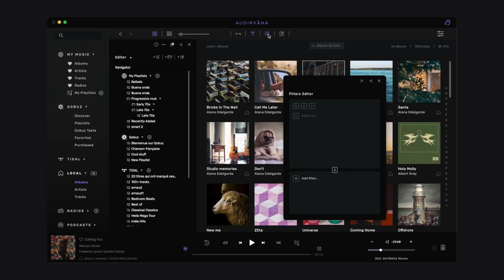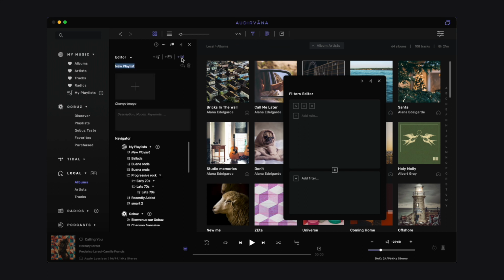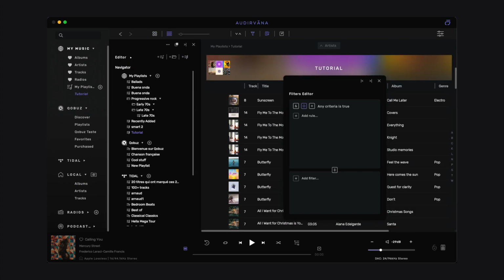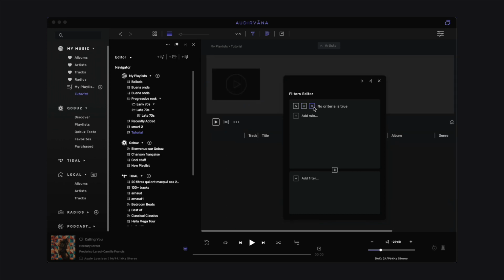Open the Playlist Manager and click here to create a new smart playlist, the icon with a little thunder. Name it and then press Return. You can see it appeared in your playlists and it is selected, so you can now define the set of rules. You first need to decide if you want to include tracks which comply with all the rules you define, one of them, or on the contrary, none of them, because you use the rules to define the tracks you don't want in this playlist.